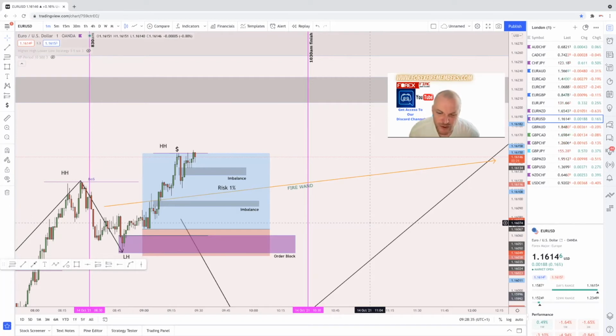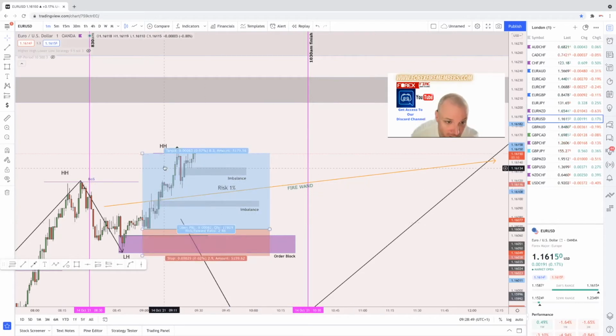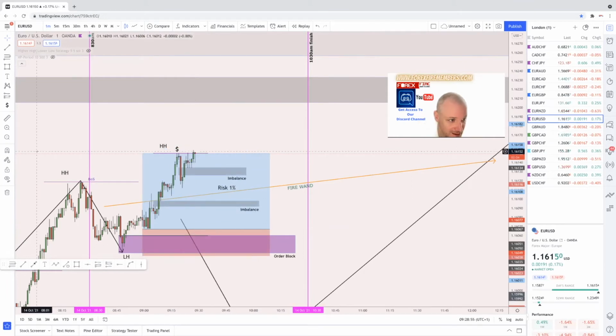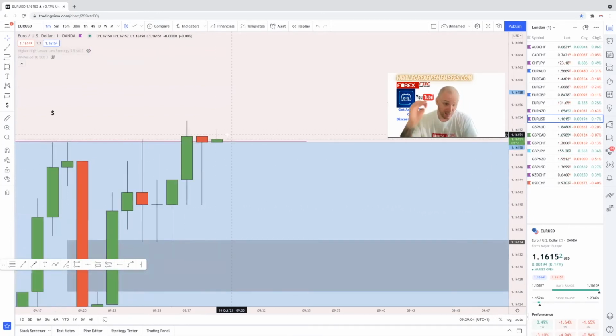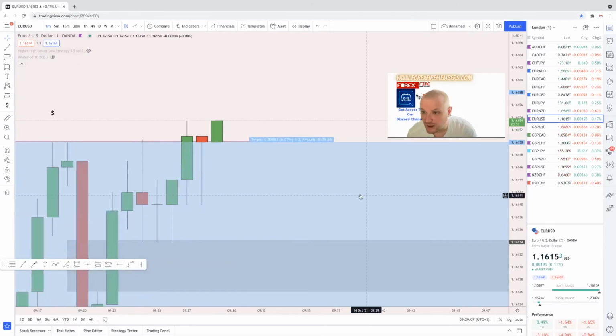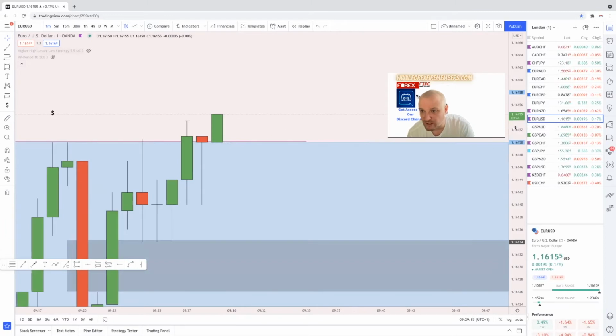I like to see some good, not just the wick. The wick is a liquidity grab, but at the same time, if it's going to be a continuation up into the trend, you want to see some good body on the candle, pushing out of there, driving back into this sort of area. Okay, there's a doji candle here, indecisive. It's come back in 50% of that, and it's mitigated into that pretty well, to be honest. We have got a little bit of body, but I'd want to see a little bit more, in all honesty. Again, I'll wait for this candle to shift before I make a decision. We've got 45 seconds, 40 seconds.